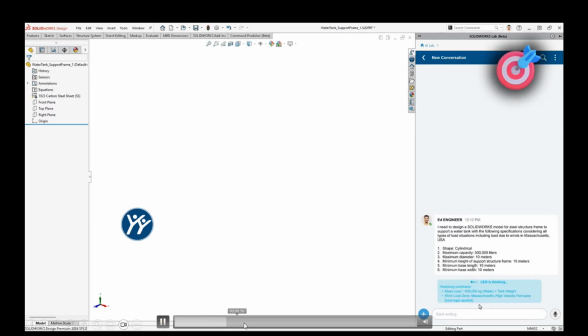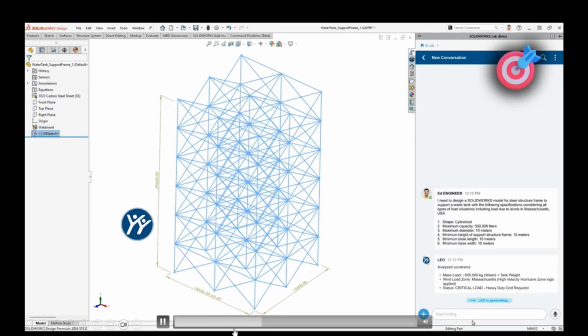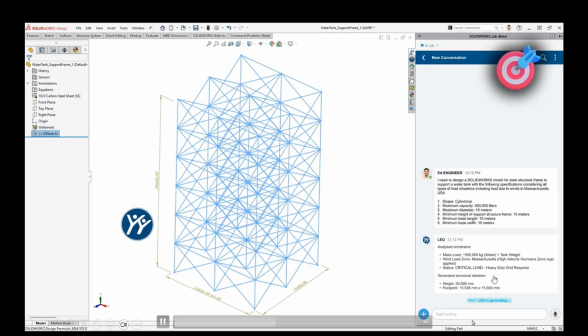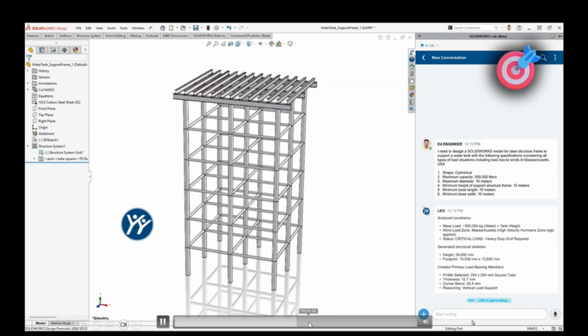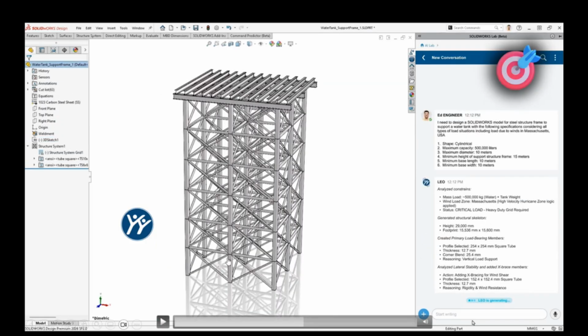We are also giving the wind load, load calculations, and all this information. By giving that prompt, SolidWorks will generate the complete 3D model for us, a complete structure bearing the capacity of 5 lakh kgs of water tank.